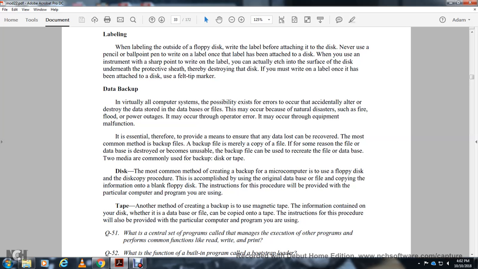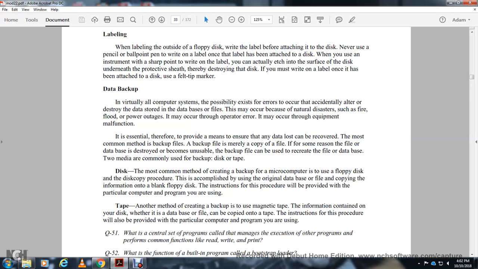The most common method is a backup file. Backup files merely copy the file, and if for some reason the file of the database is destroyed or becomes unstable, the backup file can be used to recreate the file of the database. The two media commonly used for backup are disk or tape. The most common method of creating a backup on a microcomputer